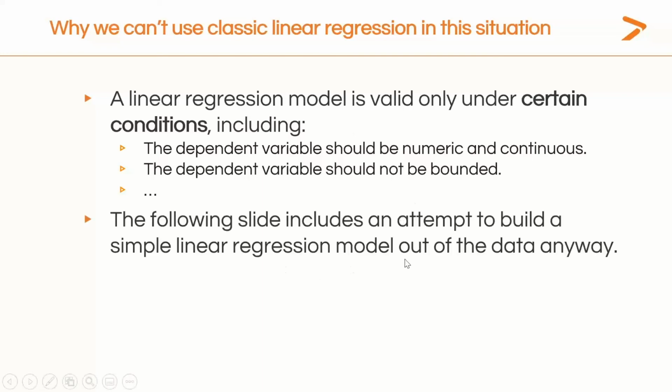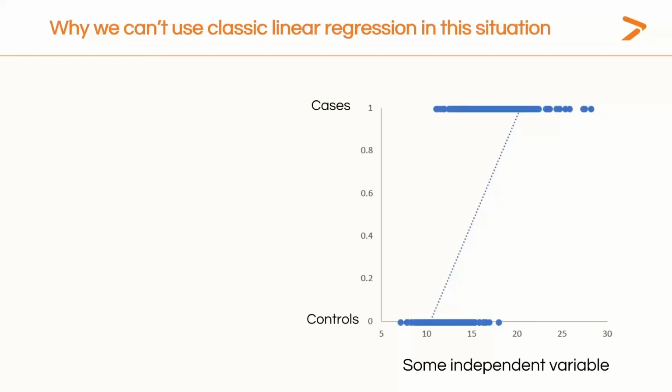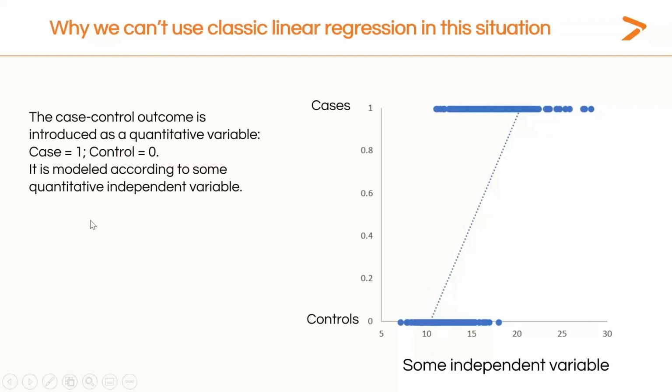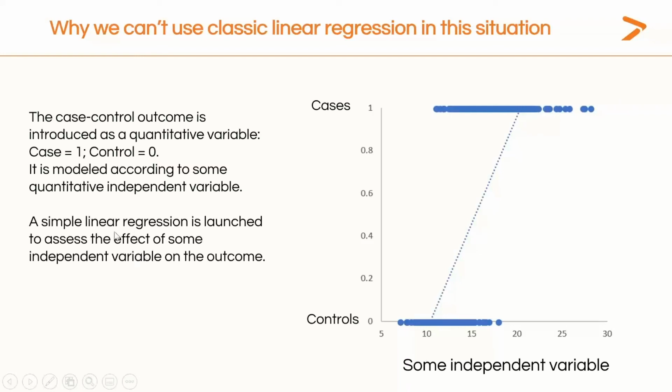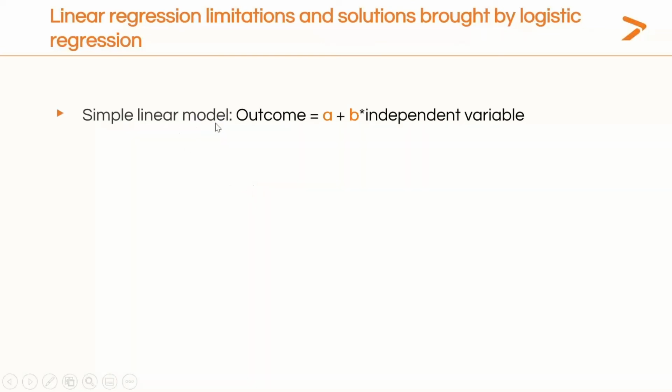So the following slide includes an attempt to build a simple linear regression anyway out of the data. Look, I plotted a scatter plot of my outcome, so control versus cases, zeros versus ones, according to some independent variables. So you have blue dots at the bottom and blue dots at the top, and I built a classic linear regression within these data. So the outcome equals A plus B multiplied by the independent variable. What's the problem in this? Simple linear model,